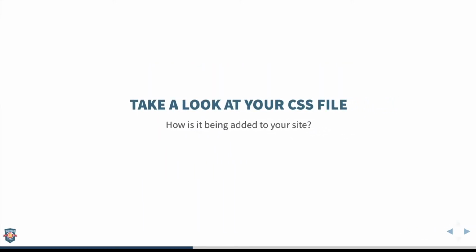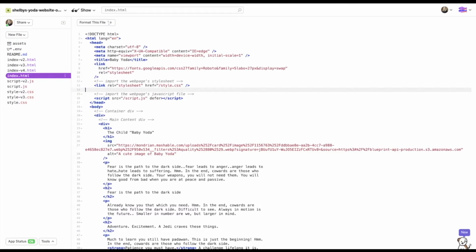So let's take a look at our project and see how our CSS is being added to our website. So Glitch actually did a really great job of making this super easy for us, and they created a CSS file for us already that is linked through the link tag. So on line 13 for me, this will be a link tag that has a stylesheet reference to it. And the href in this instance is saying that the style.css file will be where all of our CSS is